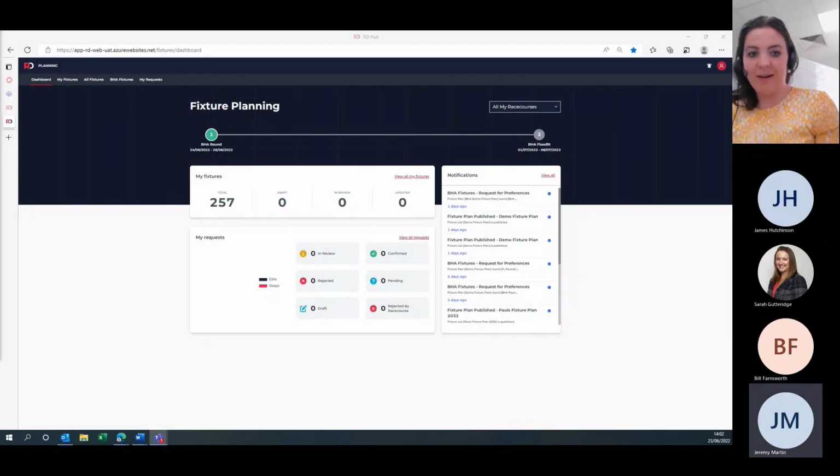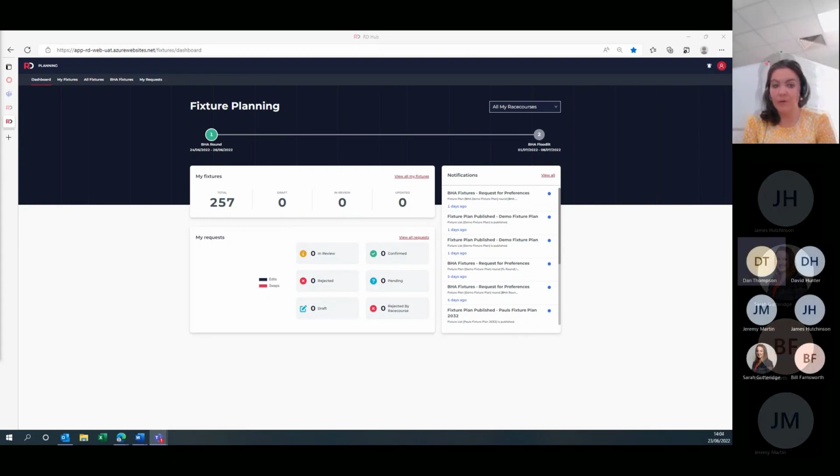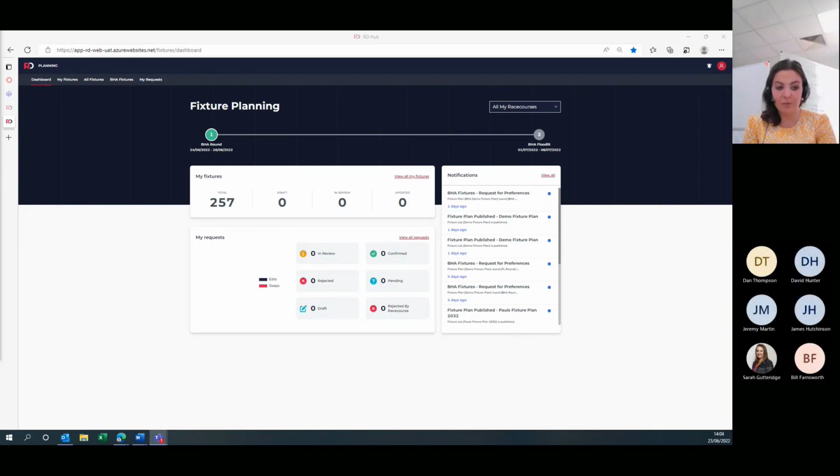Hello. Hi. So completely to be expected, a lot of people wouldn't have got involved in the racecourse rounds, and will be coming to this for the first time. So I'll make sure that when Nick sends out the email to say that the rounds are open, he just restates how to log on, so the link to where you need to go, and also